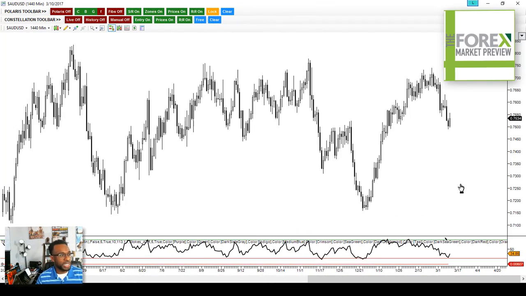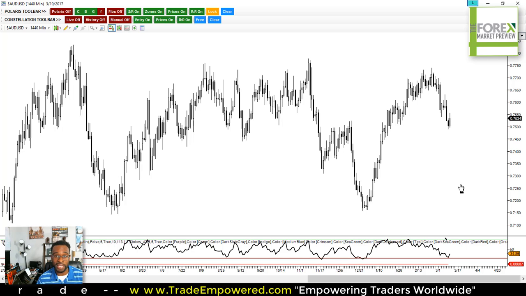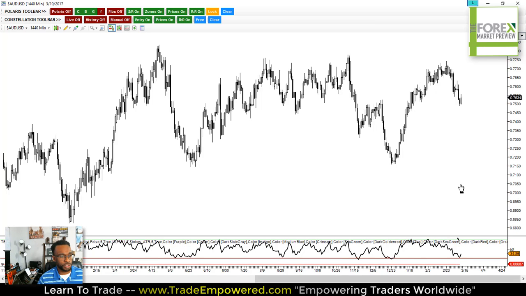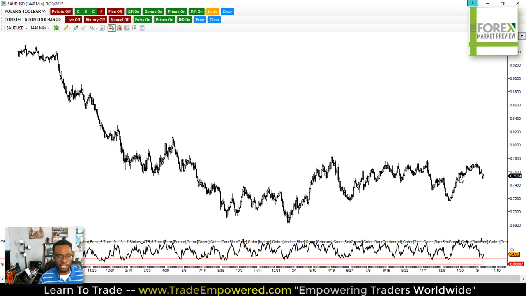All right, traders, so we're looking at the Aussie dollar here on the daily chart, and the first thing I want to do is just gain some perspective on what the market is doing, what the market has done. What is my higher time frame view of this market? What I want to do here is either stay on the daily and just scrunch up my charts really small. You can also go to the weekly and capture the same type of thing. But you'll see that price action has recently been in a period of consolidation.